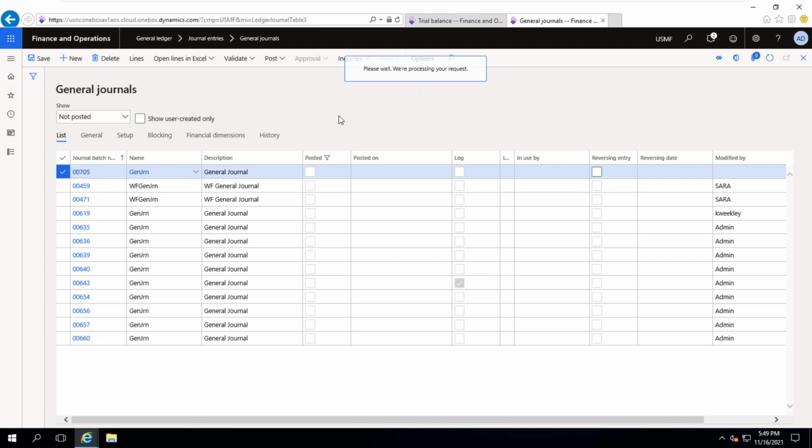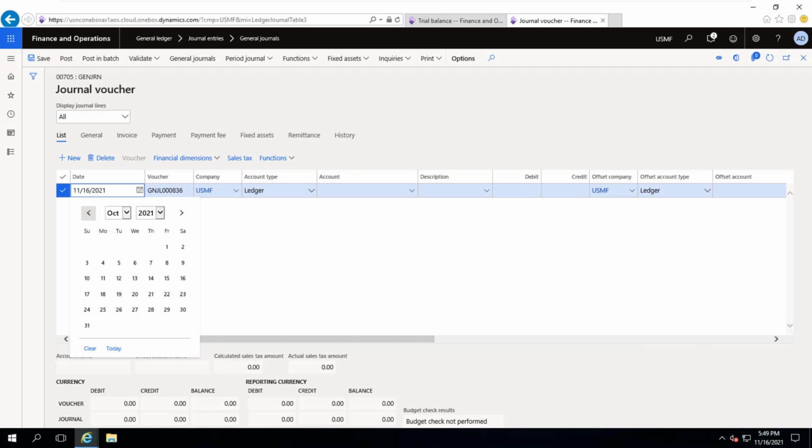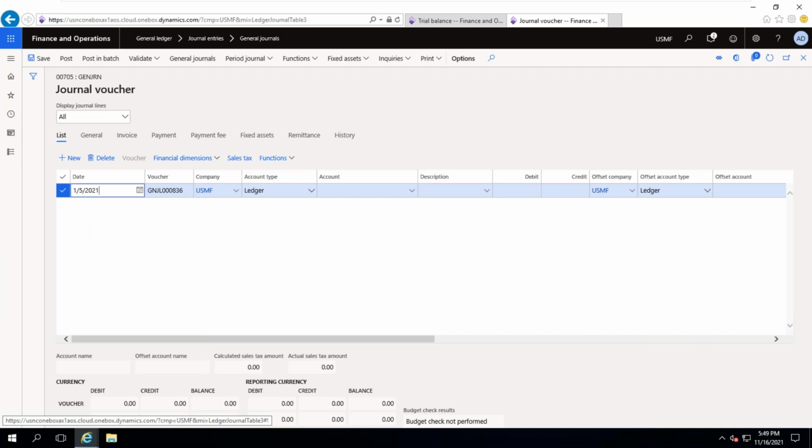This company USMF's financial year is January to December. So suppose I'm entering this expenditure in the month of January. On 5th of January, I'm posting some expenditure, 600, 400,